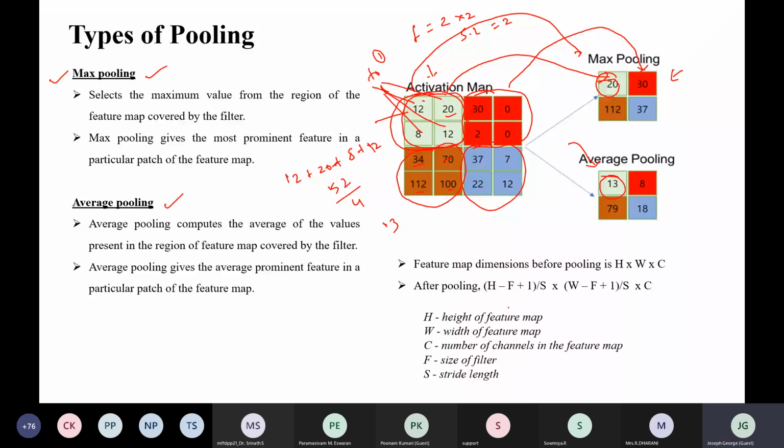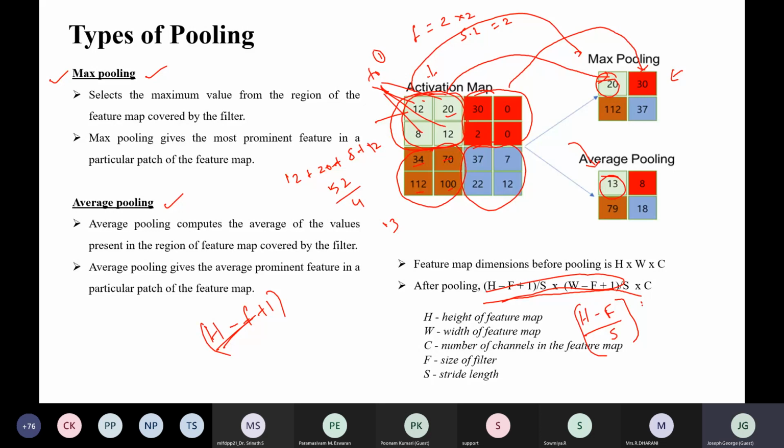In general, we can use the formula (h minus f) divided by s, plus 1.